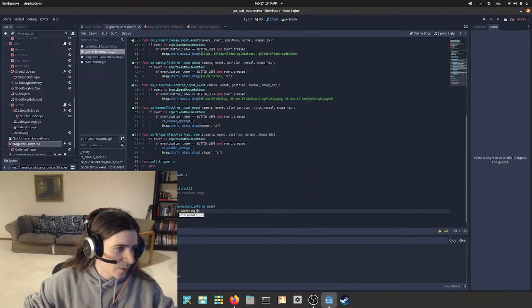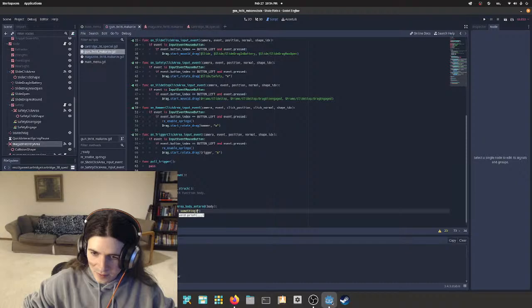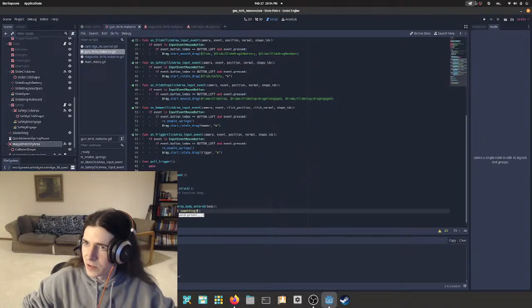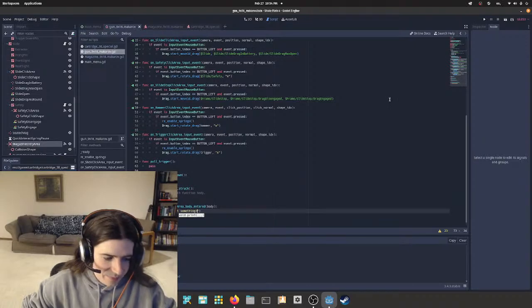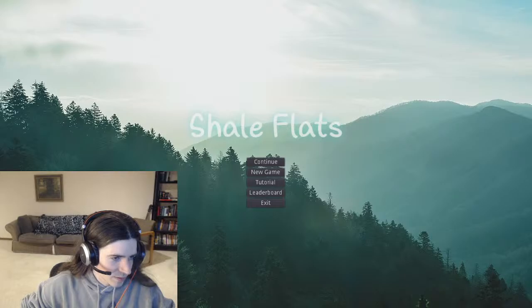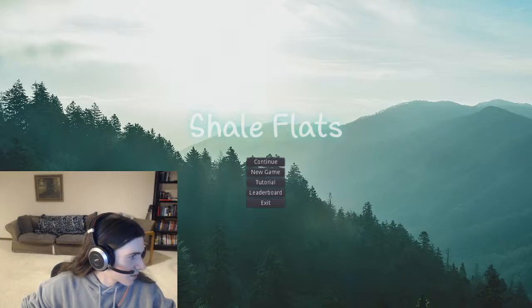Okay, and then I wonder if we can get our output to show up like we used to when we were in Windows. Maybe. Window capture.